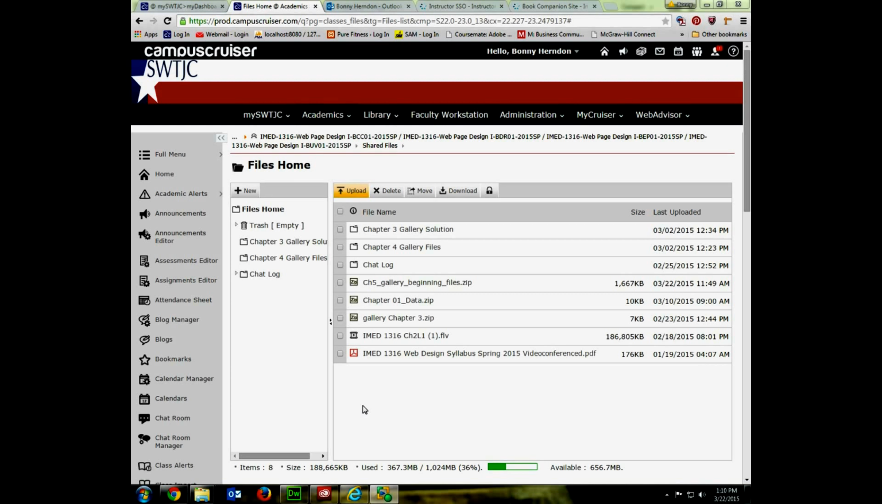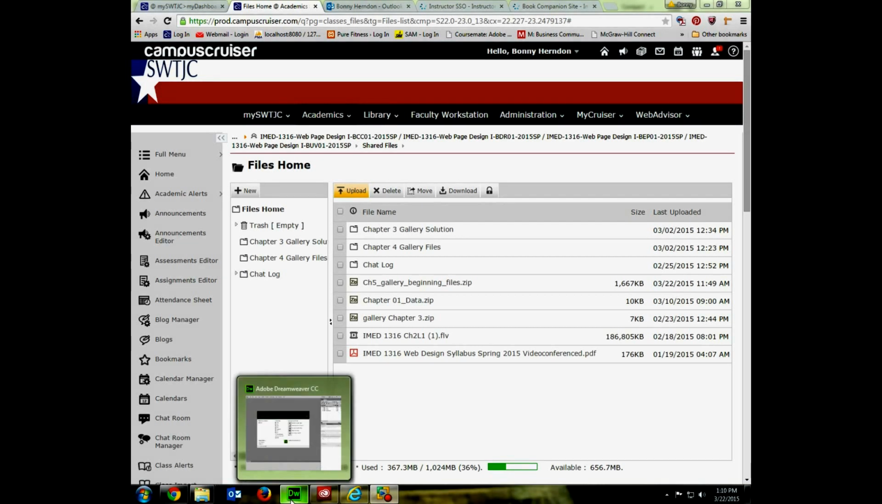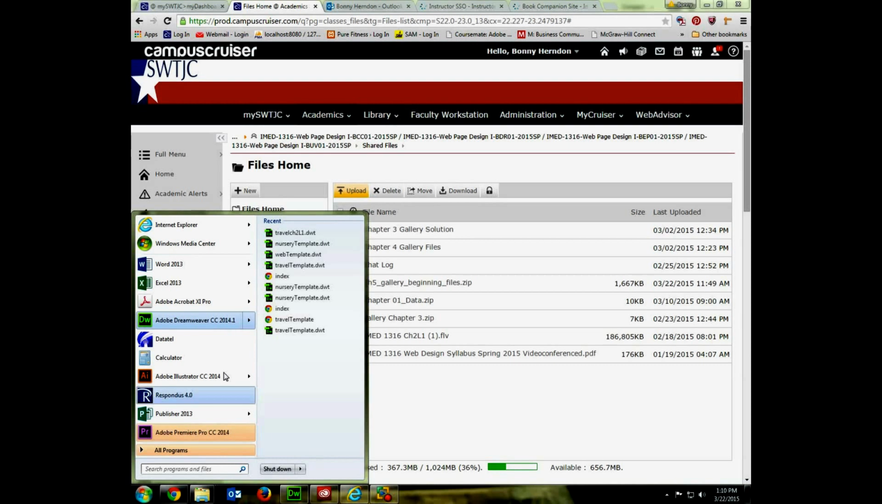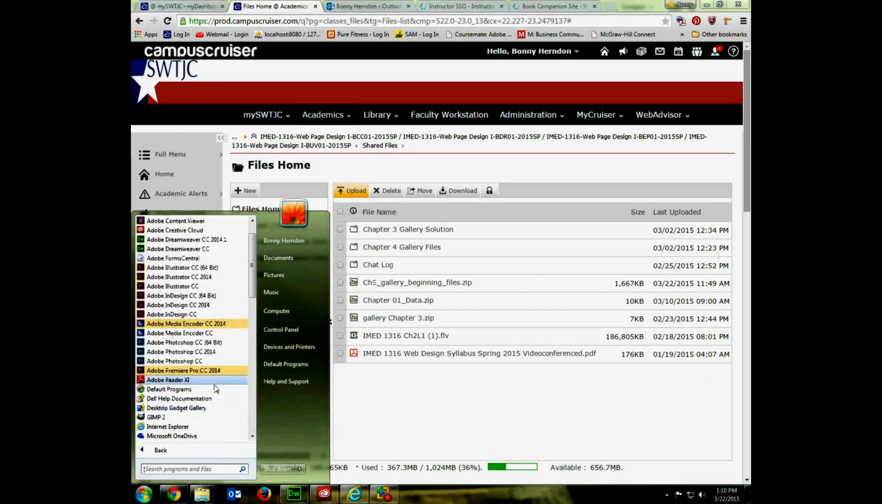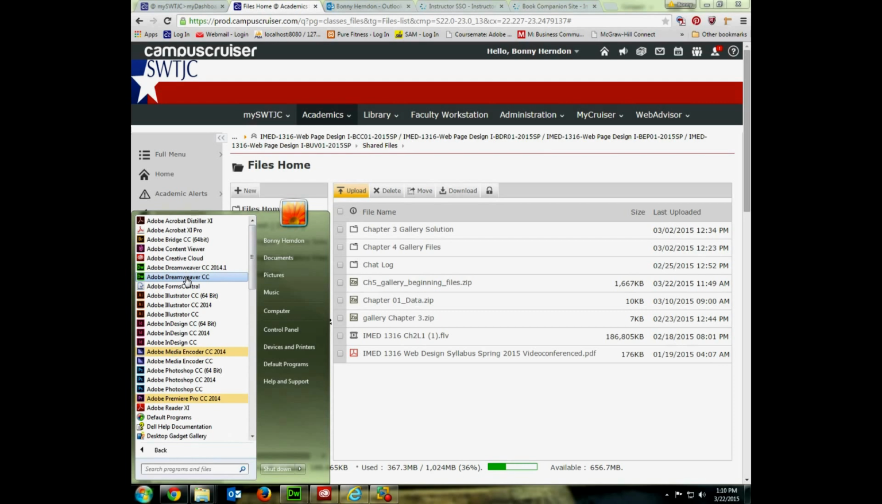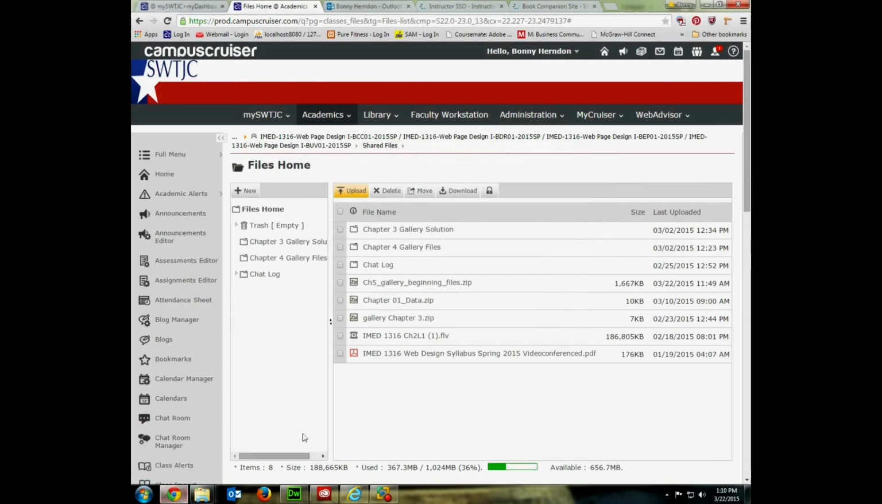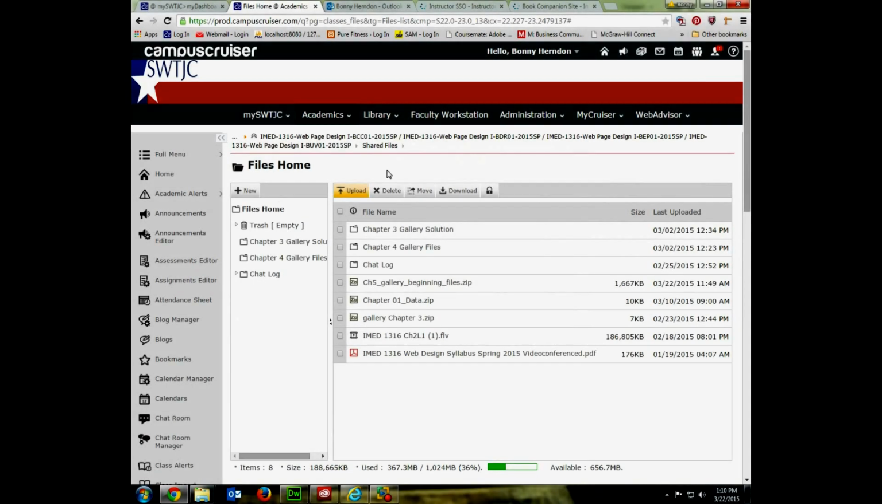I hope that you have by this time gone back and changed your program from Dreamweaver CC 2014 to just the Dreamweaver CC version, which I have done, and you can see both of mine are listed here. I do have my Dreamweaver CC version open, and I've also gone into our class portal and gone to our